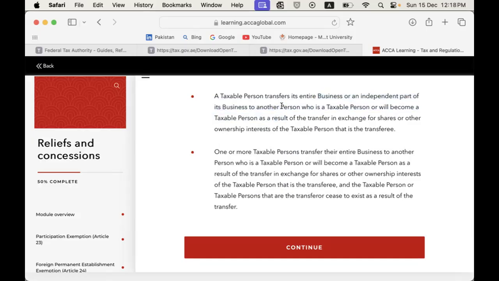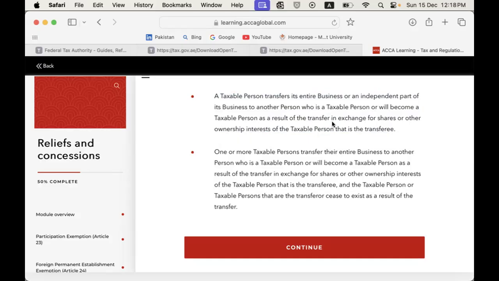So both companies exist as a result of this transaction. The only difference is that both companies are now restructured. One part of the transferor company has moved to the transferee company. Both companies exist. But in the second scenario, only one company exists. It has taken over. But then, even in the first scenario, it's still a transfer by exchange of shares. So it's not like, let's say, a purely sale of a division.